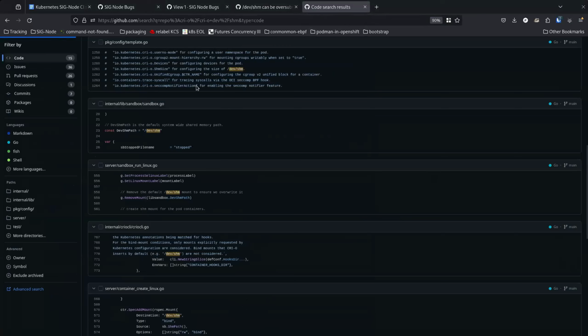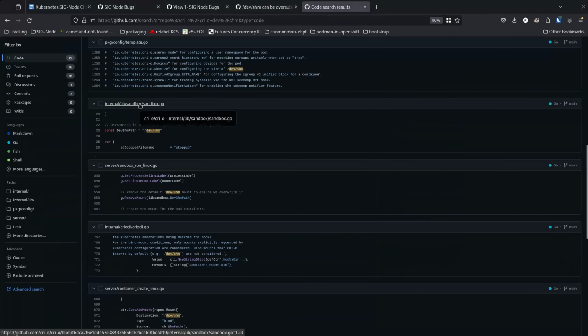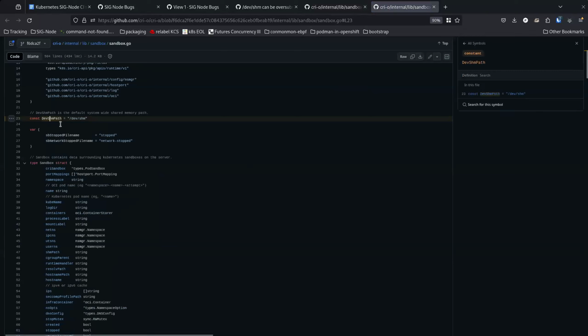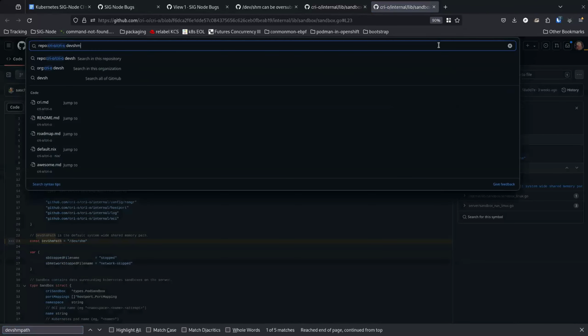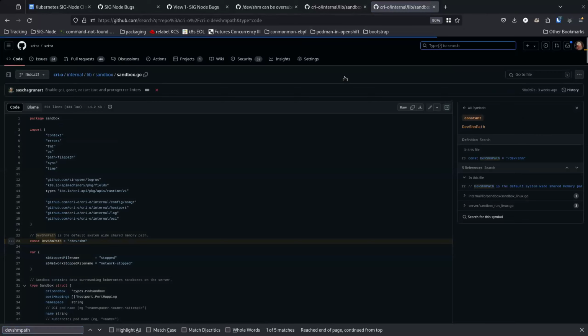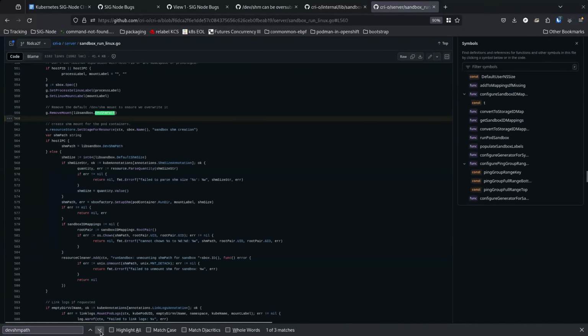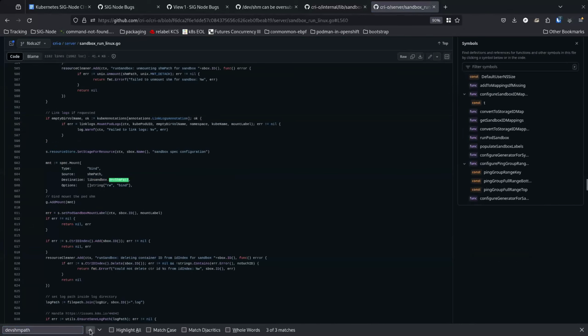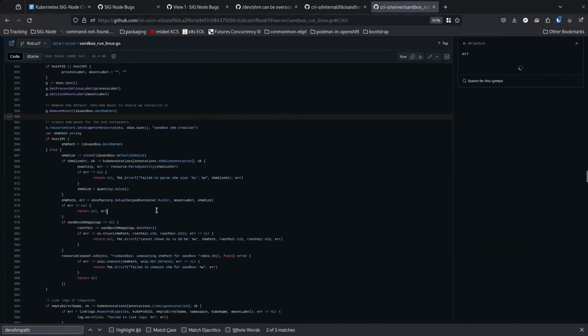Yeah, so here, let me pull up the CRI-O code. Somewhere we create the shim with a specific size.